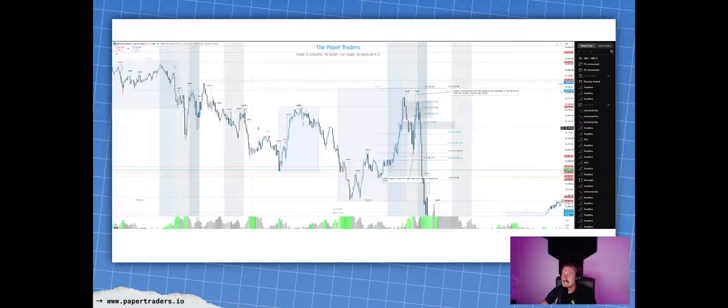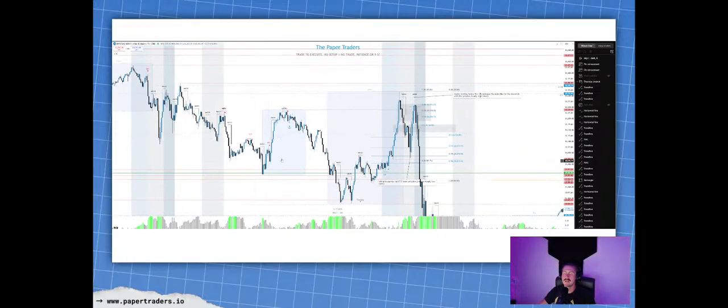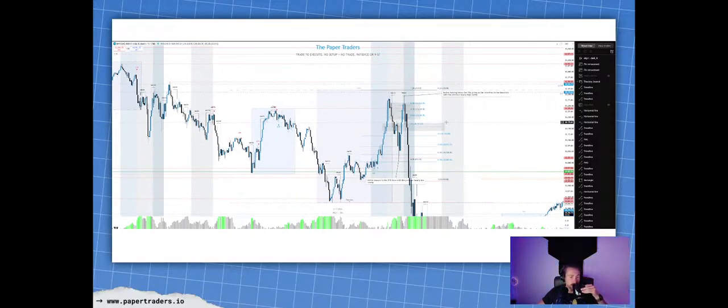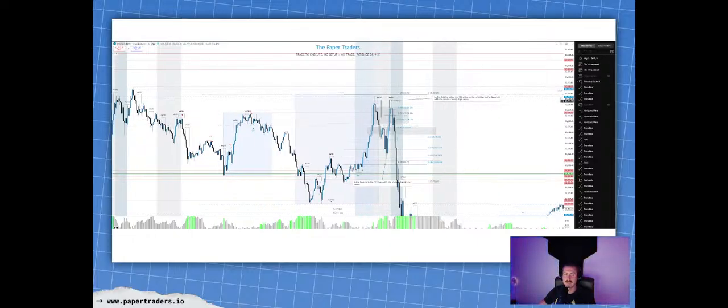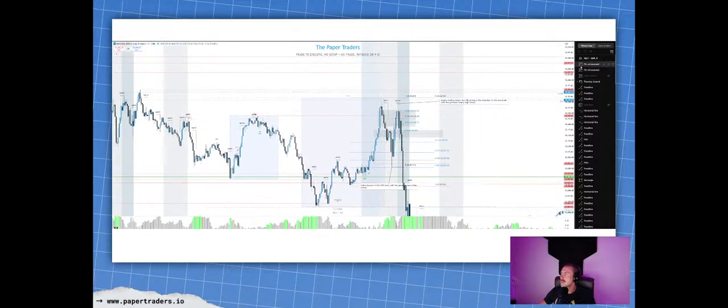Going into the New York session, we had Asia session expansion, and London session sweeping both sides. So going into that New York session, we were looking for a potential reversal back into the downside after a London session sweep. Given the London session did not get swept, we were looking within the OTE and within the 15-minute or the 5-minute inverse fair value gap.